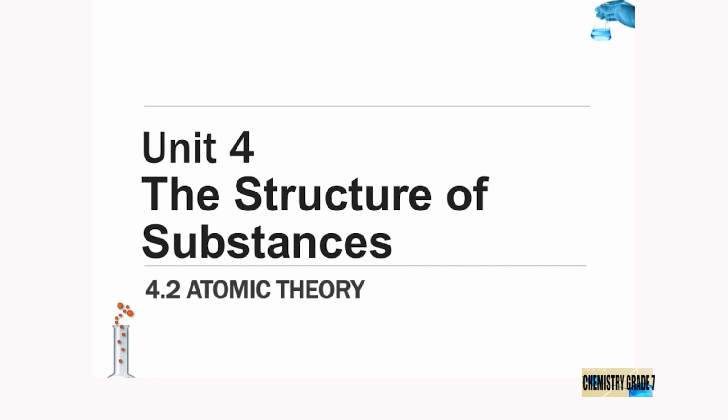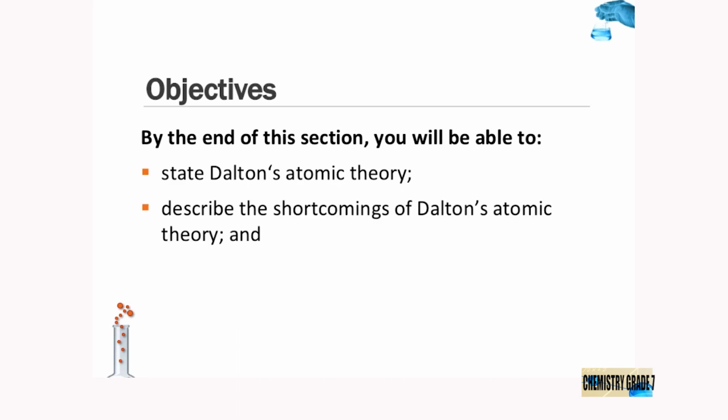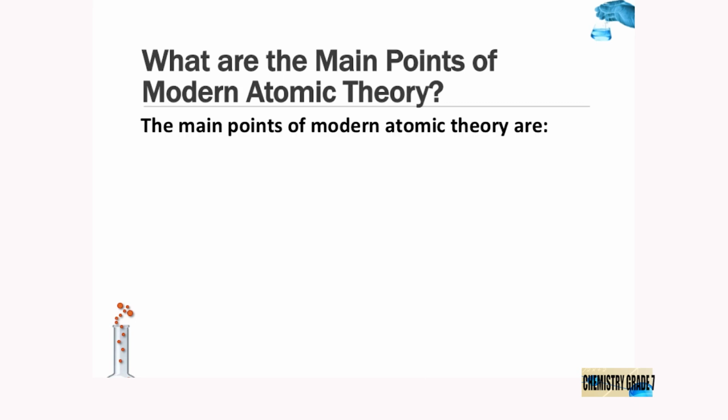Subunit 2, Atomic Theory. By the end of this section, you will be able to state Dalton's atomic theory, describe the shortcomings of Dalton's atomic theory, and state modern atomic theory. What are the main points of Dalton's atomic theory? The main points of modern atomic theory are